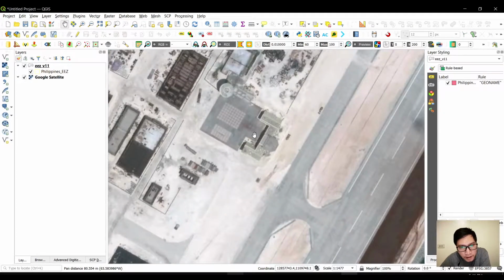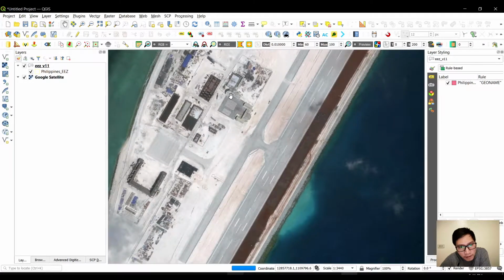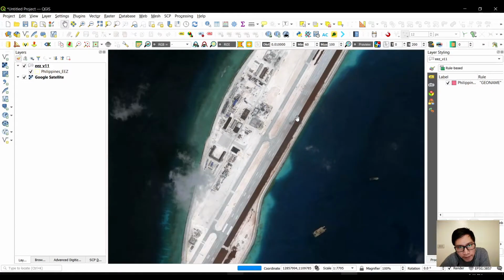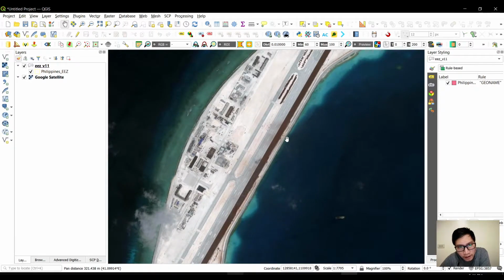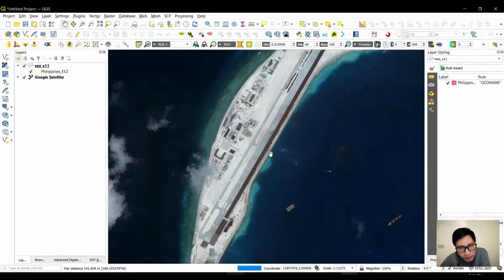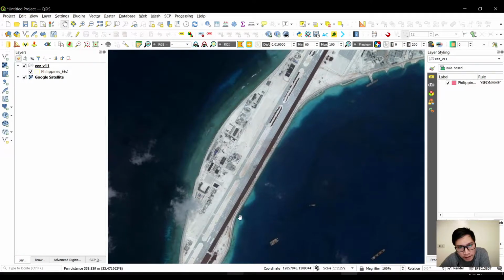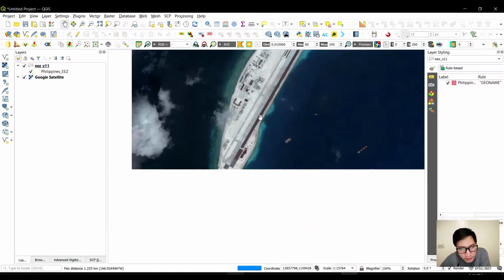Perhaps this is the control building or airport, or part of the ancillary facilities within this runway, this airport. Perhaps this is the control tower. So later on, let's use this runway for our line feature. We will try to measure the length of this runway. So let's scan